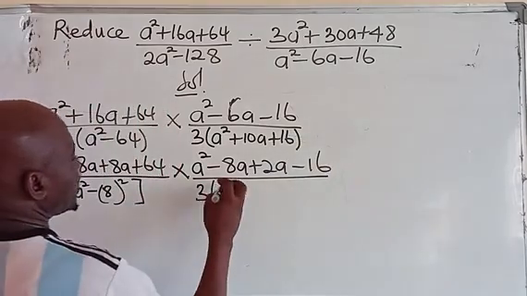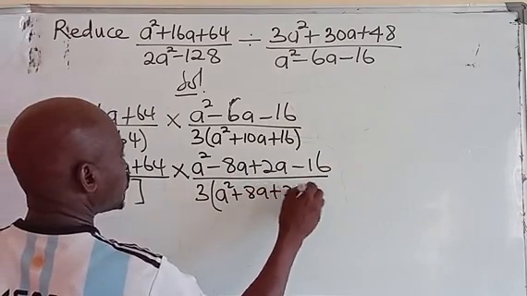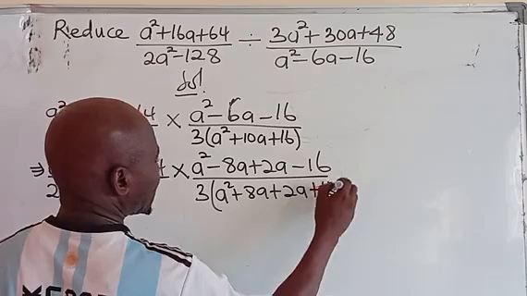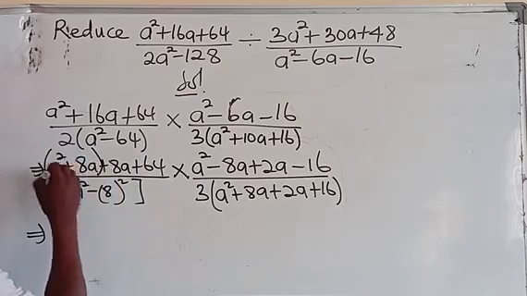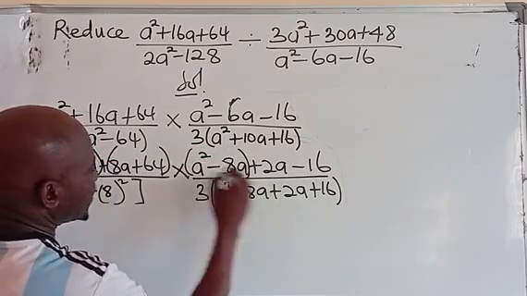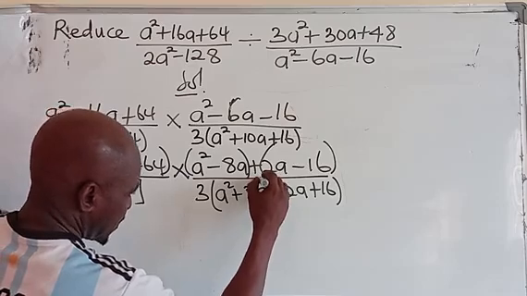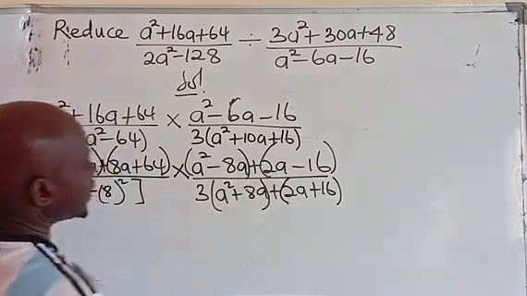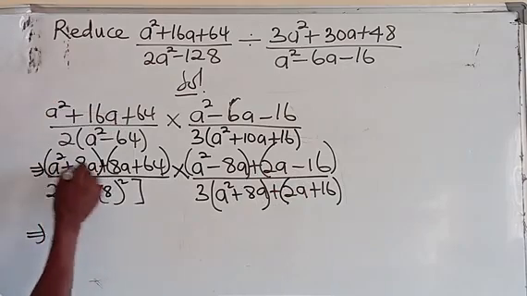Okay, so this gives me a squared plus 8a plus 2a plus 16. Alright, so from here I have this and that, from here this and that, so the common factor here is